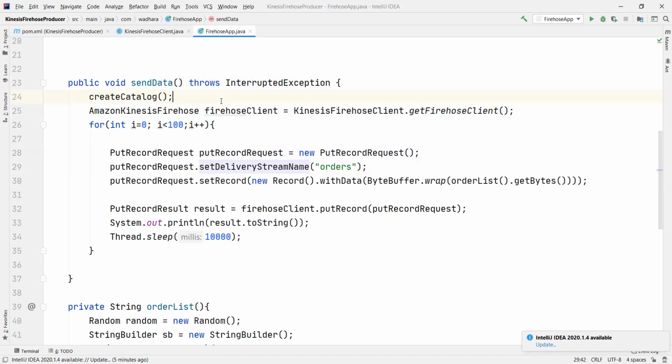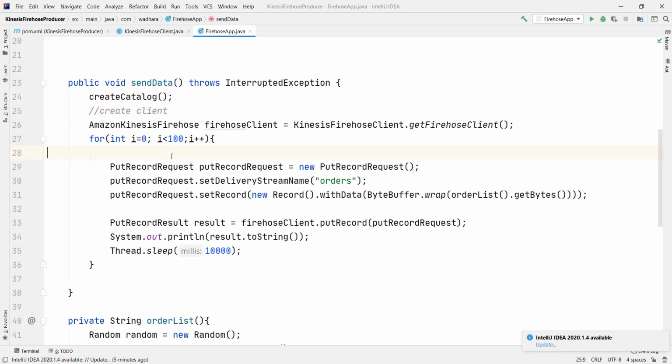First, you have to create client. I have to create a put record request, and in put record request, you have to set the delivery stream, which is orders, and set the record.